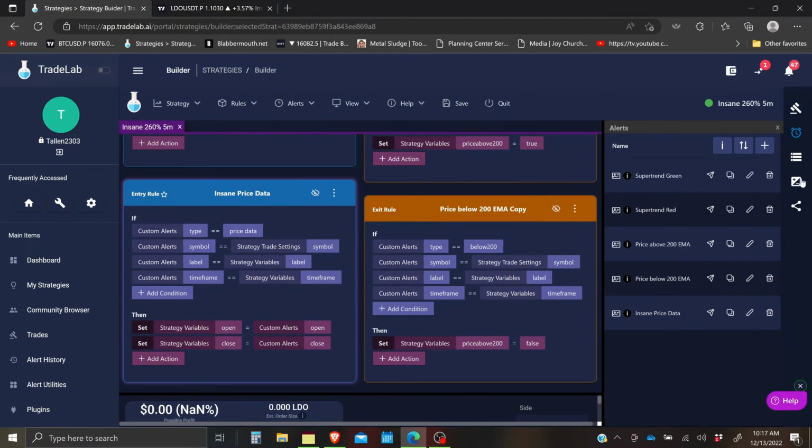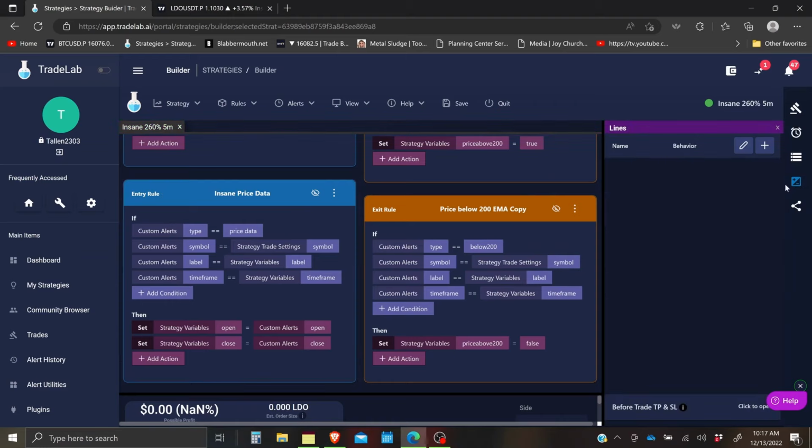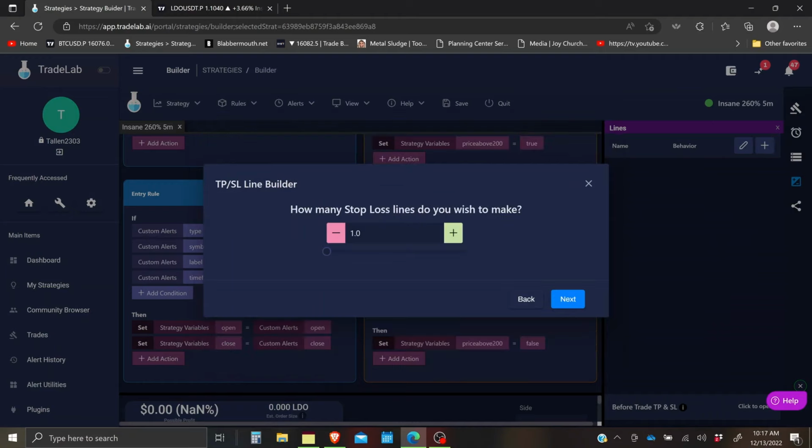Now we need our take profits and our stop lines. So these are set. So we don't have to do anything major like I did in my last video where we set a risk to reward. That's something maybe we'll do to improve this later, or do multiple stops to take profits. But for the strategy being set up exactly the way the video shows, we're going to add a stop loss line, just one,